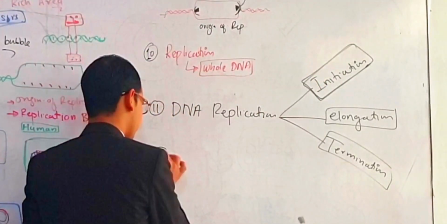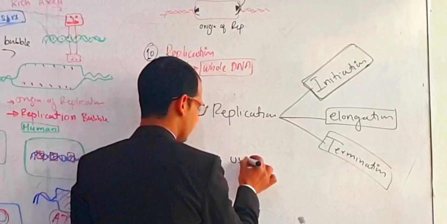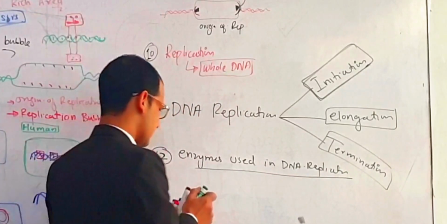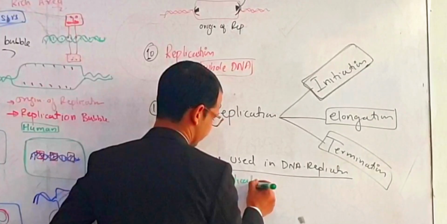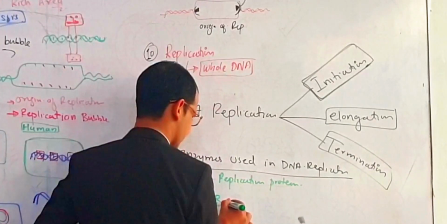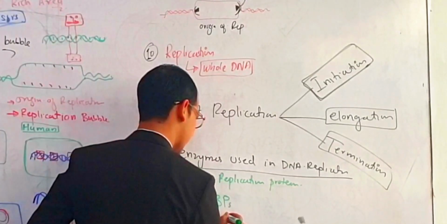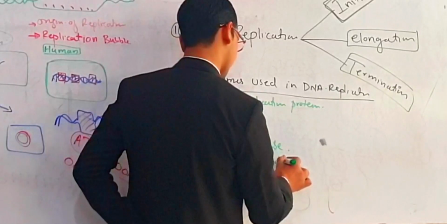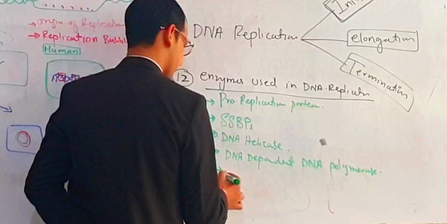Right? The next thing, the 12th point, is enzymes and proteins used in DNA replication. I am trying to tell you some important names. The first are the pre-replication proteins. The next is single strand binding proteins. Right? The next is DNA helicase. The next is DNA dependent DNA polymerase. The next one is DNA dependent